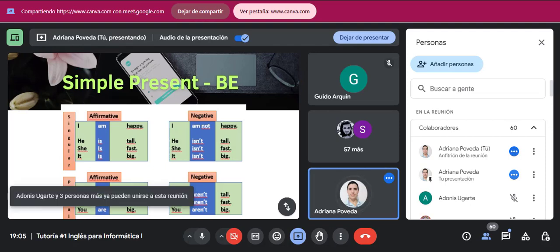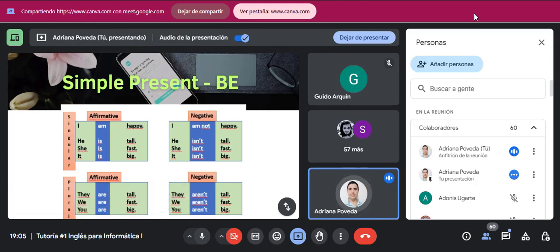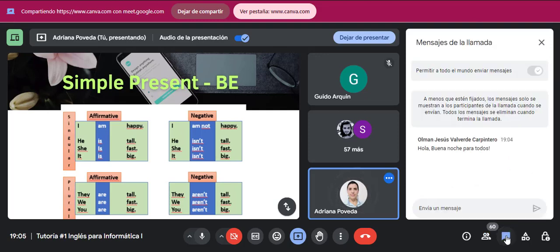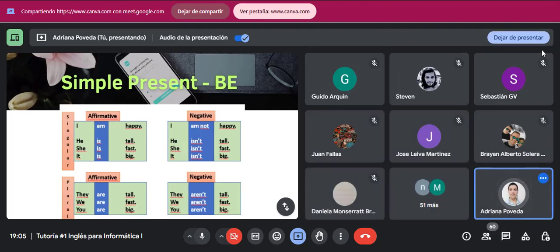In the negative sentences, we will use the same conjugations, but what we'll do is to place the negative particle not. The negative particle not, in the case of the verb to be, can be by itself, so we just place the verb to be and then not. In the case of I, we will say I am not. And in the case of the singular pronouns, we will say is plus not,